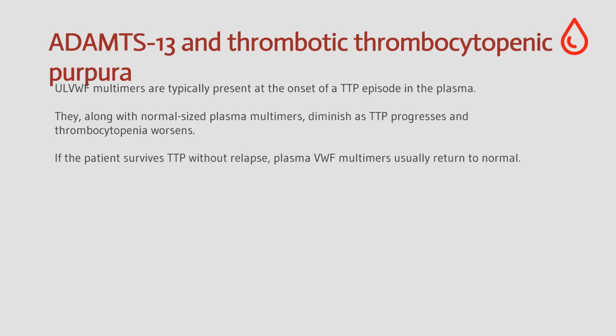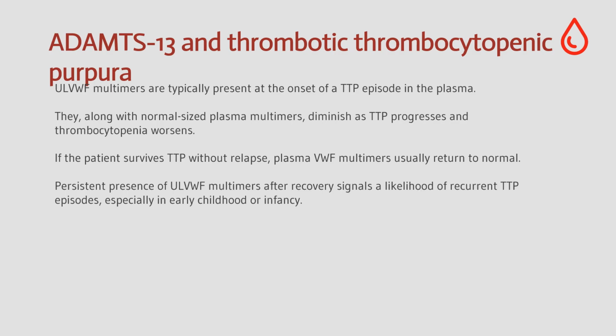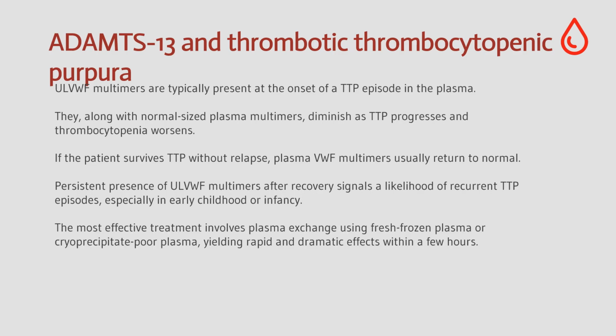If the patient survives TTP without relapse, plasma VWF multimers usually return to normal. Persistent presence of ULVWF multimers after recovery signals a likelihood of recurrent TTP episodes, especially in early childhood or infancy. The most effective treatment involves plasma exchange using fresh frozen plasma or cryoprecipitate-poor plasma, yielding rapid and dramatic effects